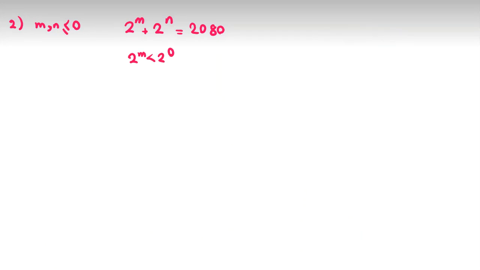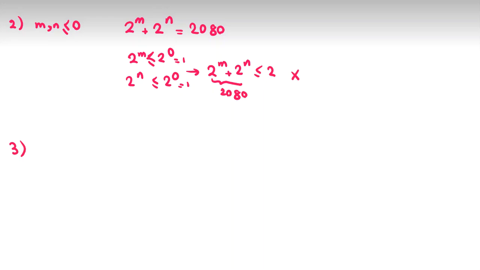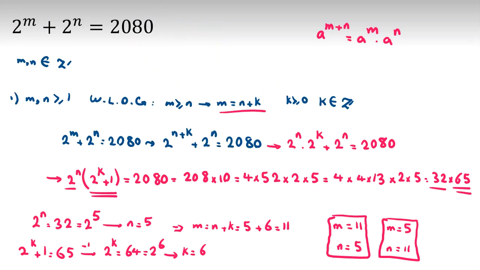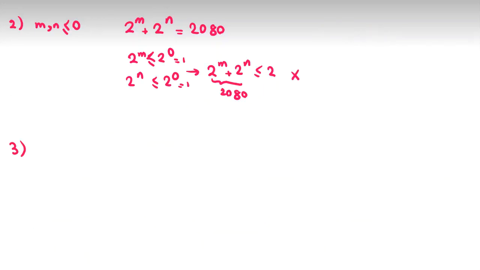2 to the m is less than or equal to 2 to the 0, and 2 to the n is less than or equal to 2 to the 0. So 2 to the m plus 2 to the n is less than or equal to 2 to the 0 plus 2 to the 0, which is 2. But we know it's 2080, and that's a contradiction. Now, we've considered both of them less than or equal to 0, and also the case both of them greater than or equal to 1. So we should consider the case that one of them is greater than or equal to 1,